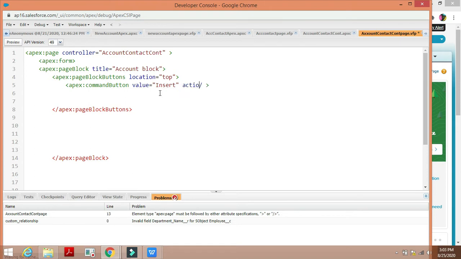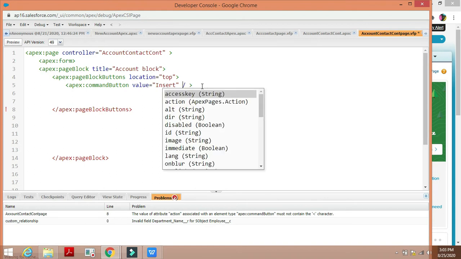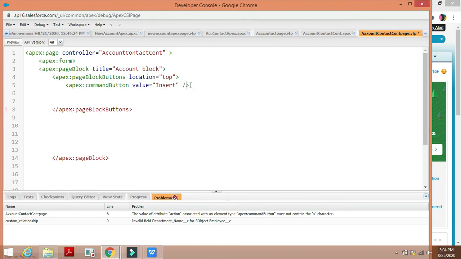Now we'll take the page block section for entering the name and rating, and then we'll take the page block section item. Inside the page block section item, we'll take the output label and then the input text value. In the same manner, for 4 parameters, we'll take the page block section items, and here 2 blocks are taken for account and contact.